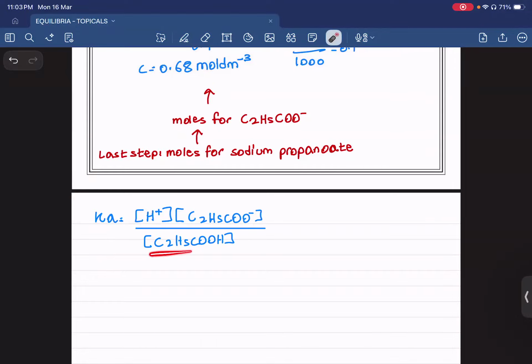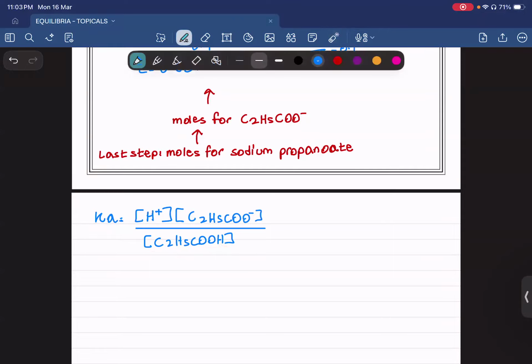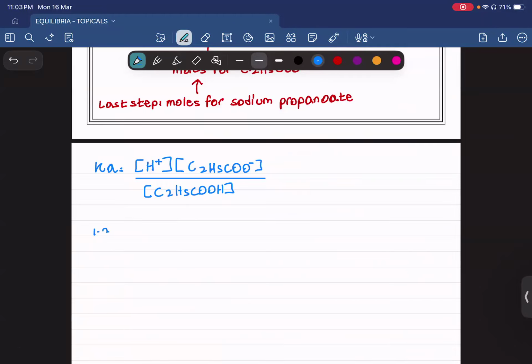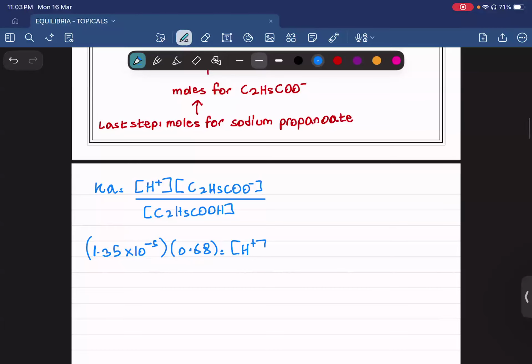Now we have this value right here. And what's this? 0.68. We have Ka also right here, 1.35 times 10 power minus 5. So 1.35 times 10 power minus 5 multiplied by 0.68 is equal to concentration of H plus ions multiplied by